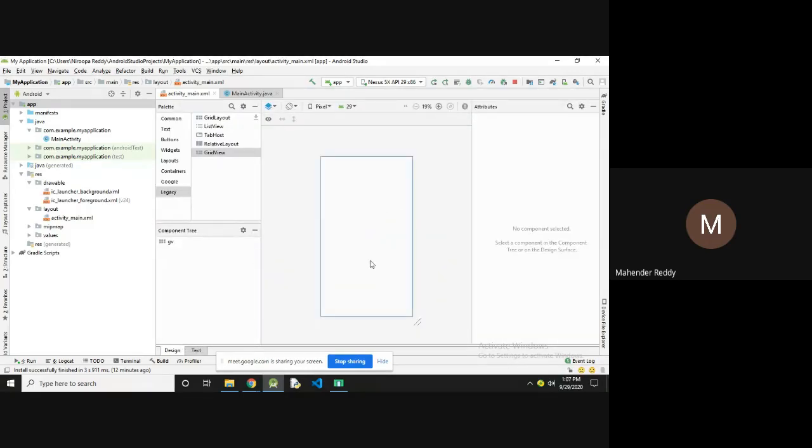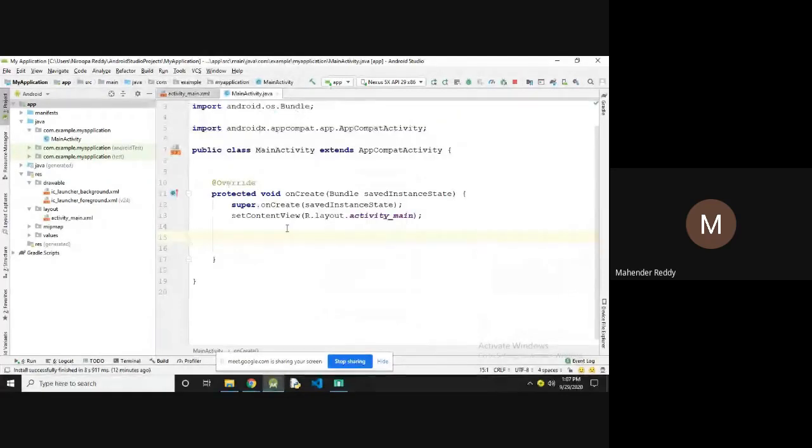After creating the grid view, go to MainActivity.java. In MainActivity.java, I'm going to access the grid view.